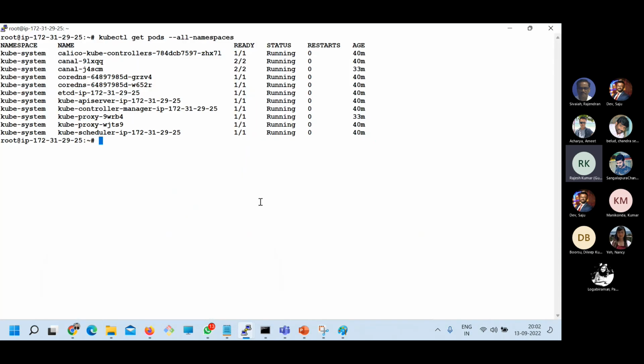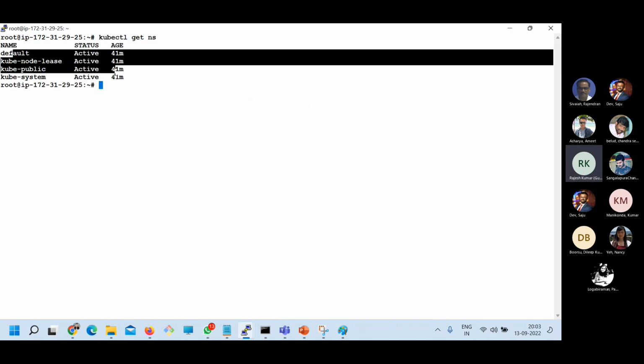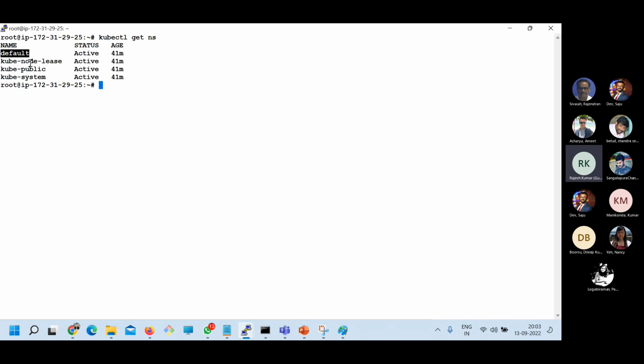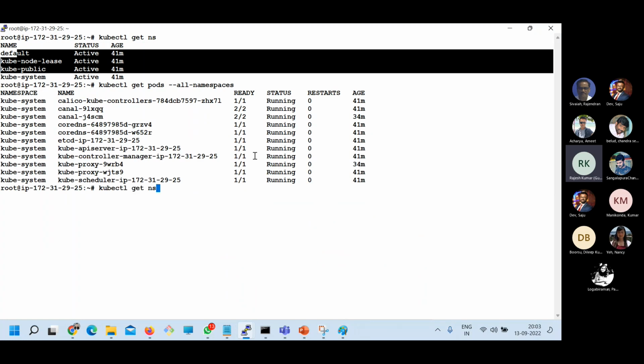So in that case, if you see here, I did not create any namespace right now. These are the namespaces which you have available. So default, public, system, and node. So these are there, and I can create my own namespace also. And at the namespace, you can limit the resources, what maximum you can use. So now coming back to this question, if you see here,